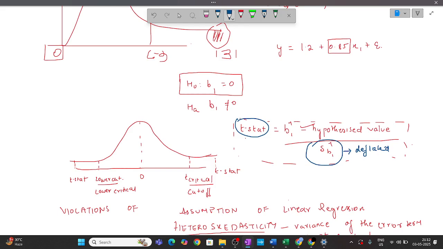Yes, sir. So if T stat is very big, it may be bigger than this T critical, and we may reject the null and conclude that the slope coefficient is different from 0 when it may actually be not,